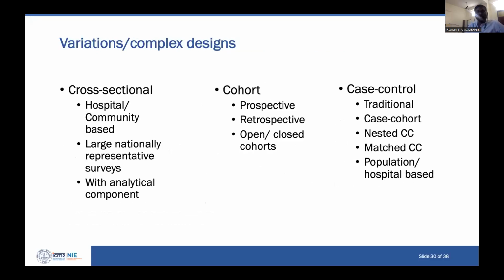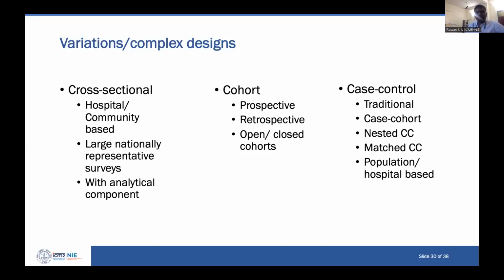Now, whatever I said so far are the basics of these three study designs, but there are multiple variations and multiple complex designs also possible within this. So a cross-sectional study can be either a hospital-based or a community-based cross-sectional study. These are small studies. Cross-sectional studies can also be large nationally representative surveys where you have multiple stages of sampling. There is a cluster design. You have to calculate sample weights and use weighted estimates. For example, the NFHS survey, the DLHS survey, or sero surveys, which are conducted at the national level, come under